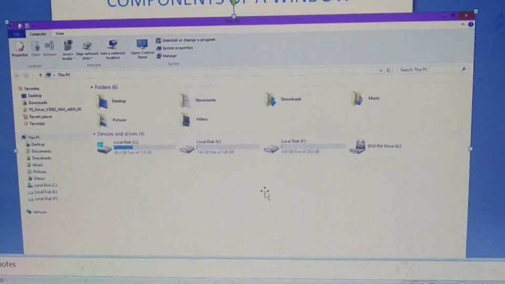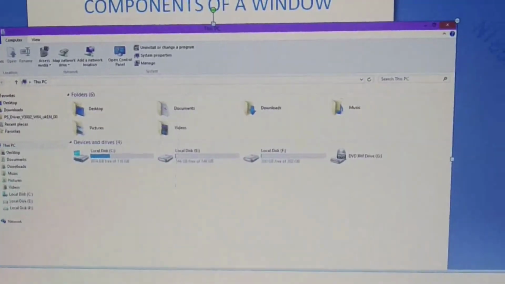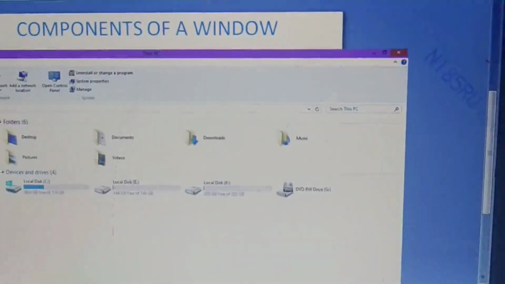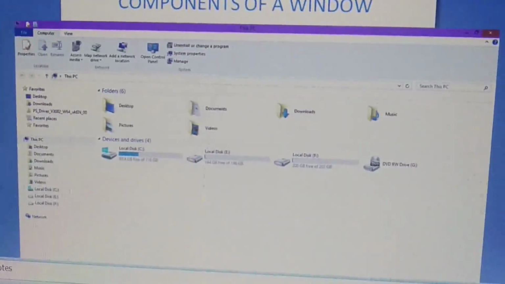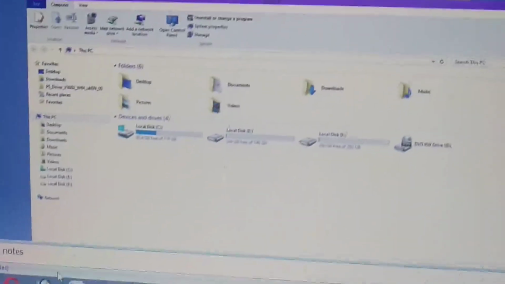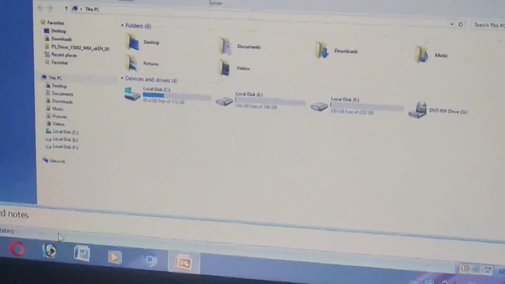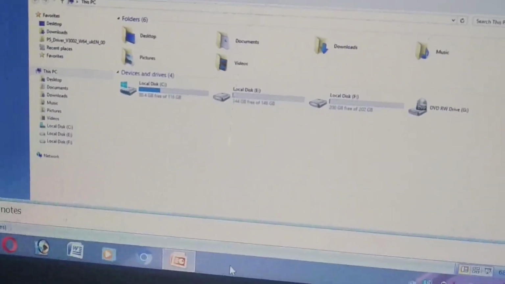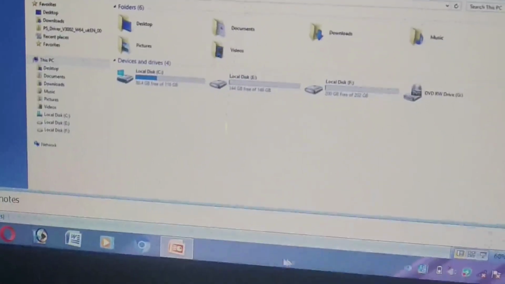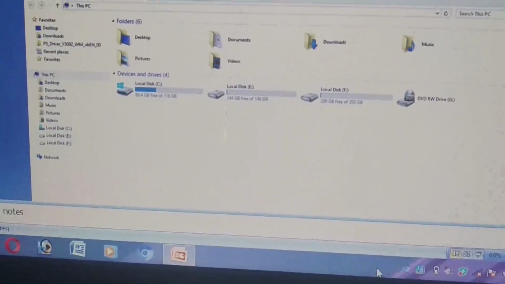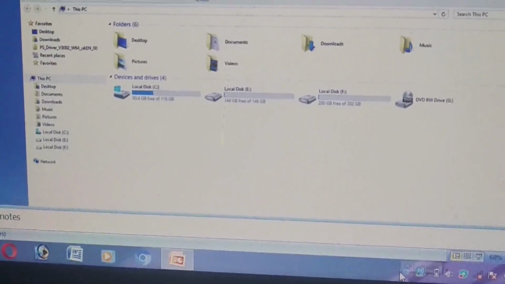And then there is one more bar which is present at the bottom of the screen, and that is known as the status bar. The bar at the bottom of the screen is known as the status bar. I am showing the status bar here. Why is it known as the status bar? Because it shows the status of the particular window or system.